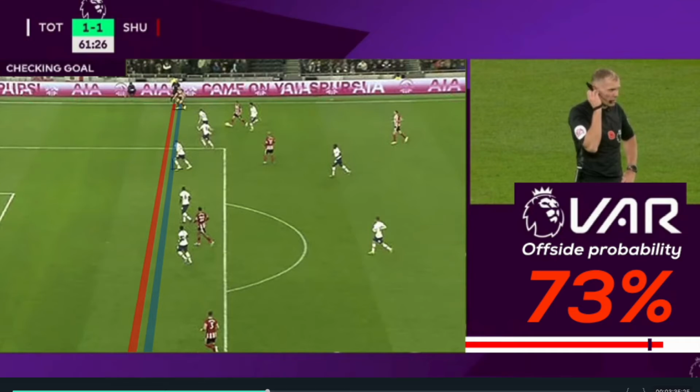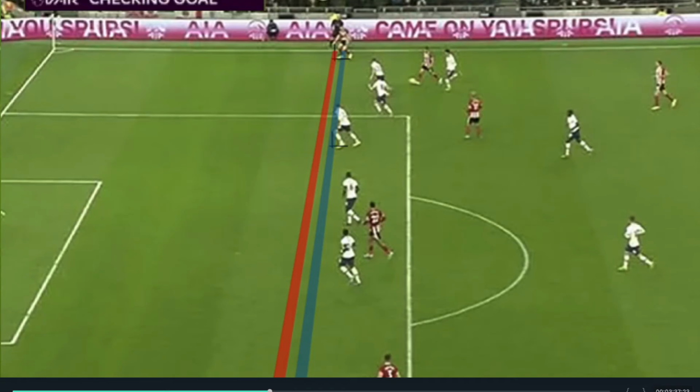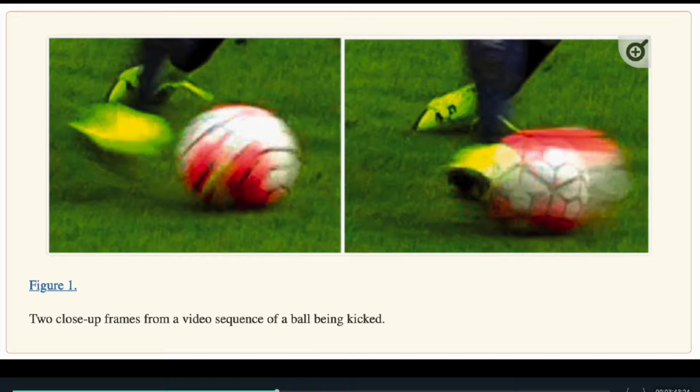A camera that can't define which body part has touched the ball is problematic. The VAR reviewer receives snapshots of play at 20 millisecond intervals. When finding the first point of ball contact, there will be two successive frames. In the first, the foot is approaching the ball, and in the second frame, the foot has made contact with the ball. The VAR reviewer would select the second frame as the best estimate of the moment.